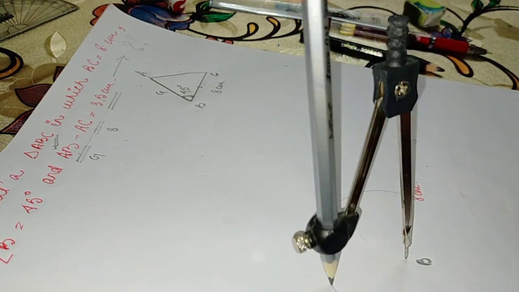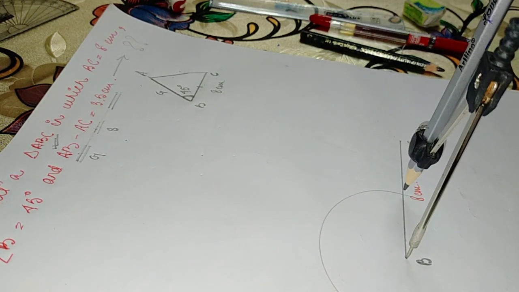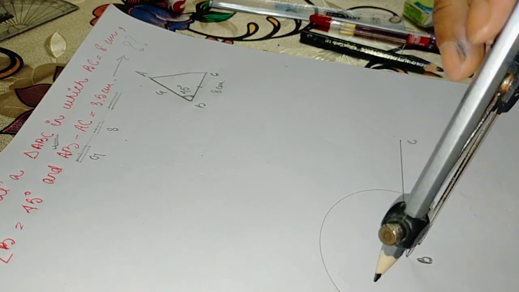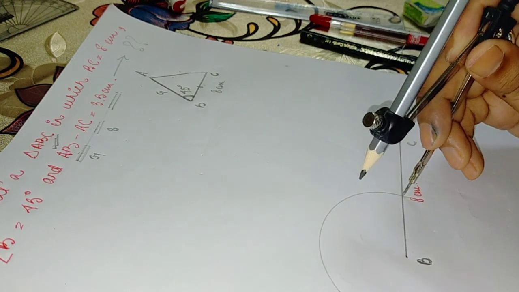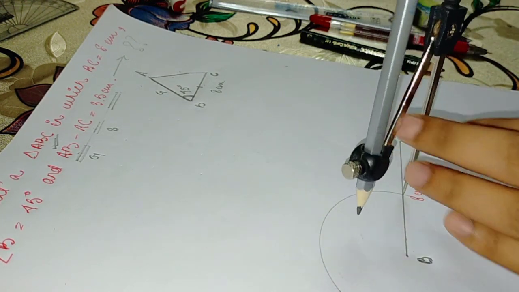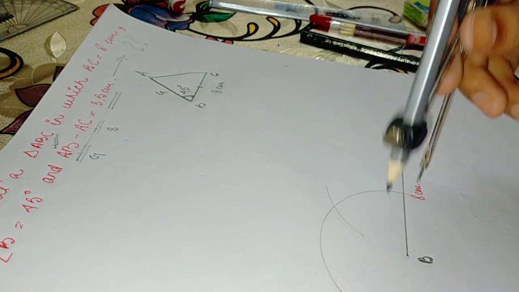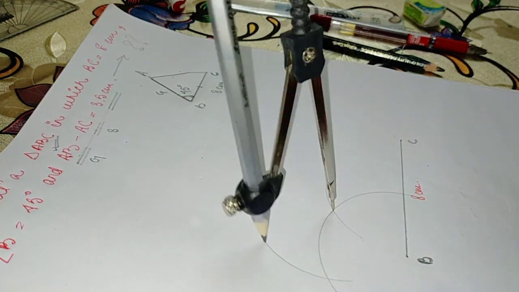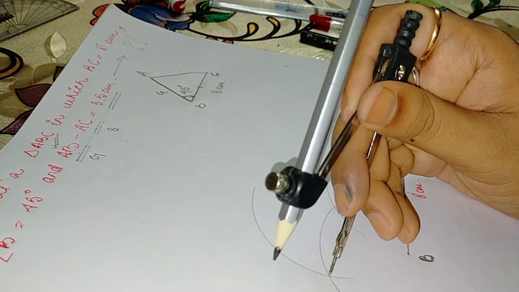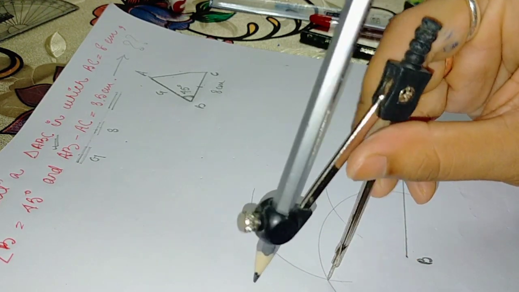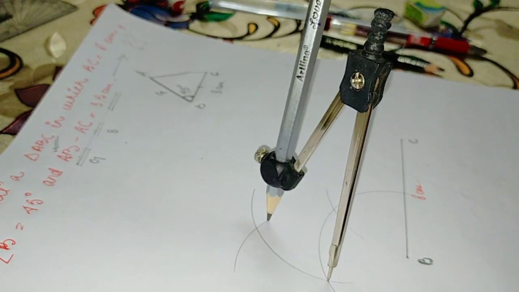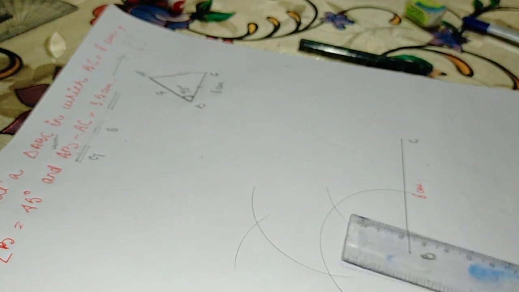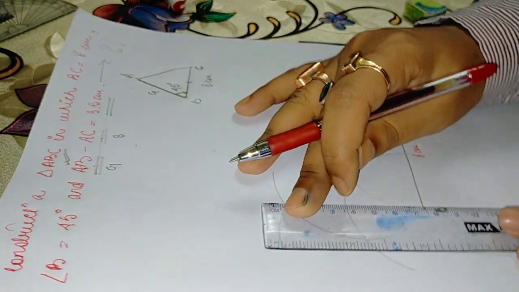So I am drawing an arc which is cutting the first line segment that I have drawn, that means BC, and I have taken center as B. So what I will do, I want to get 45 degree angle, so I will be drawing first 90 degree, isn't it? I will not repeat the process again and again, otherwise you will become bored. So 90 degree is drawn.